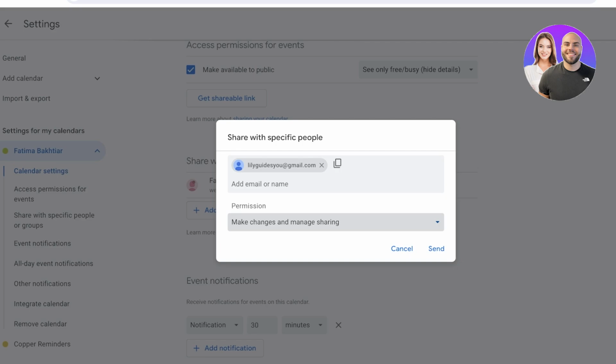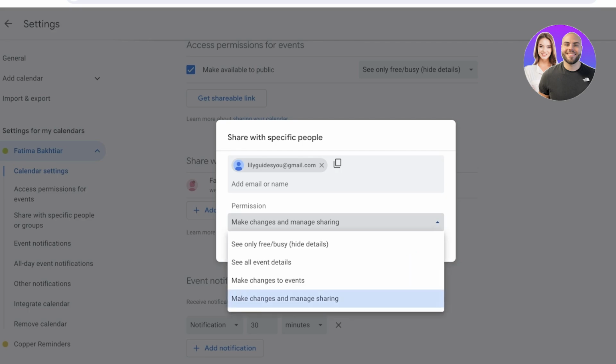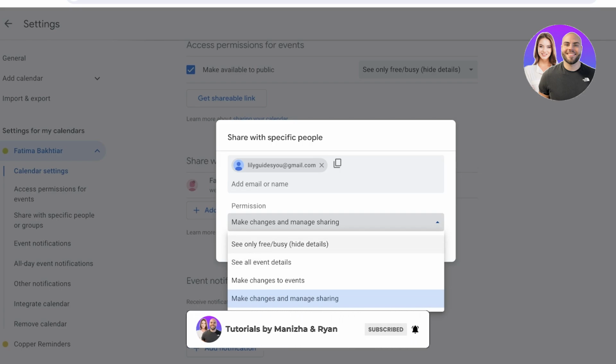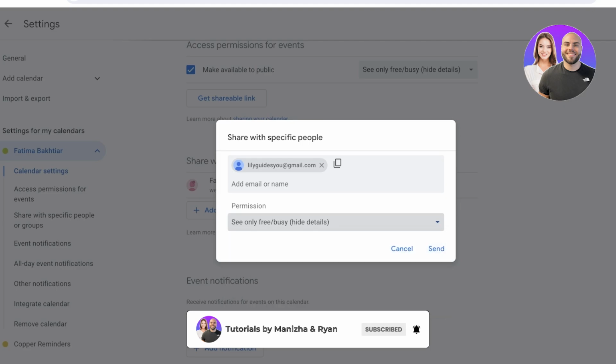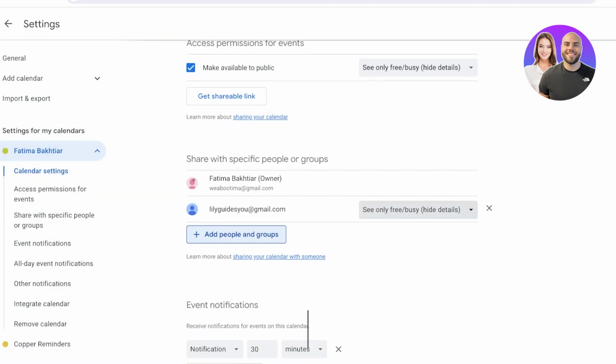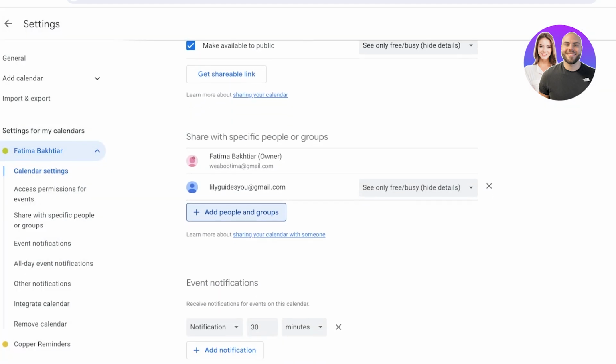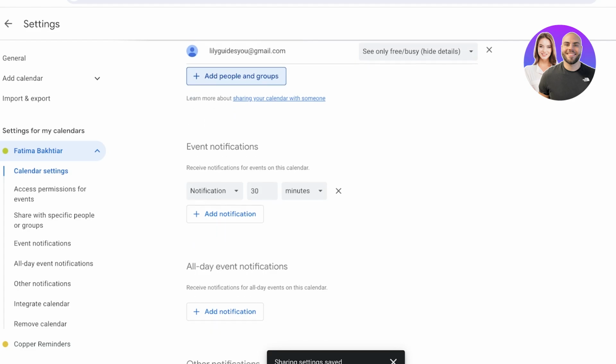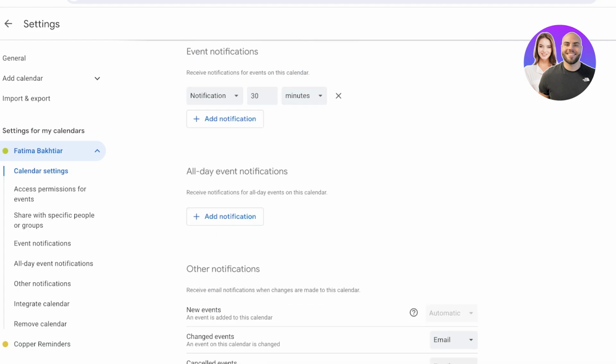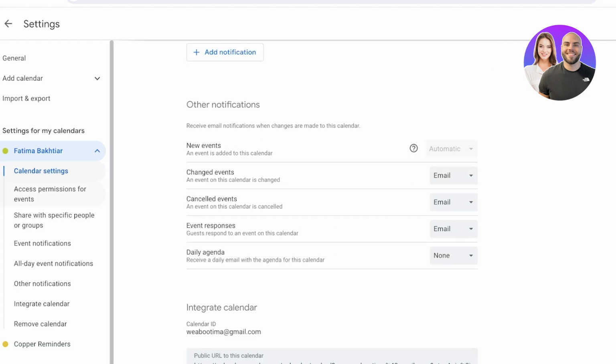If I allow this permission, then it is going to enable the person that you're sharing this with to actually share your calendar further. So this really depends on who you're sharing this with, and you can set the preferences accordingly. So let's say I want to only allow this person to see my free and busy time. Now, below that, you can also set up your event notifications, all day notifications, but after that, on the left,